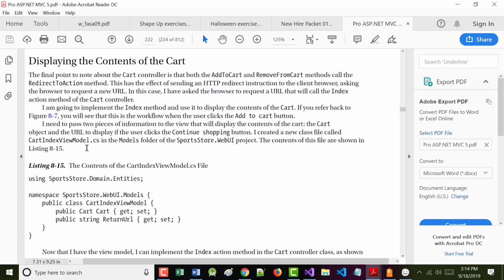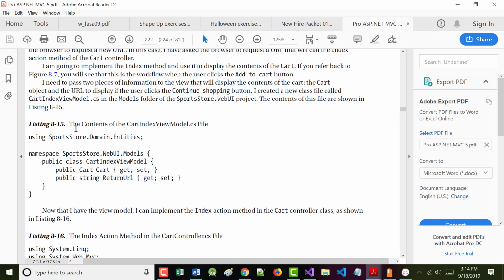In this case, the author has asked the browser to request a URL that will call the Index action method of the cart controller. All right? And it says, I'm going to implement the Index method and use it to display the contents of the cart. All right? We need 2 pieces of information to do this, or pass 2 pieces of information to the view. All right? The cart object and the URL.